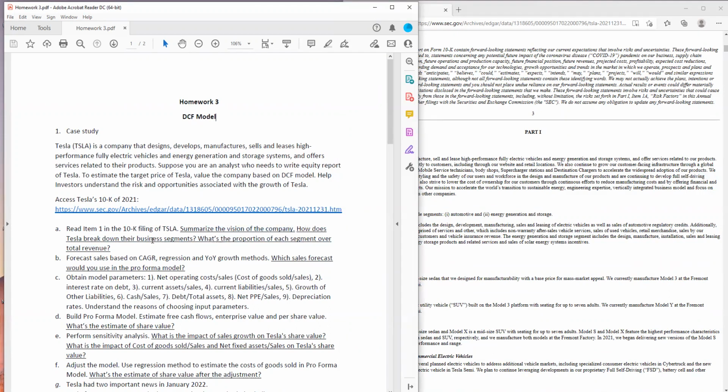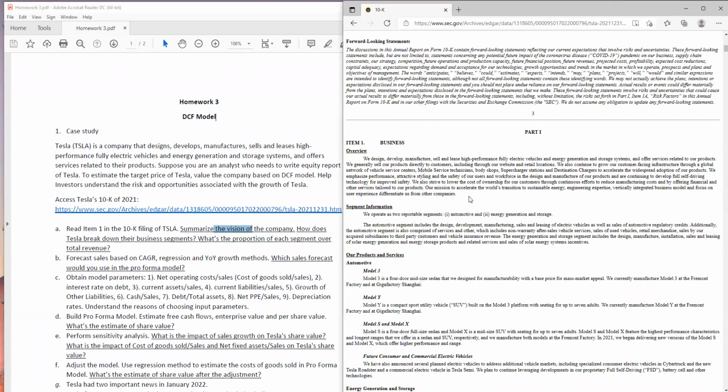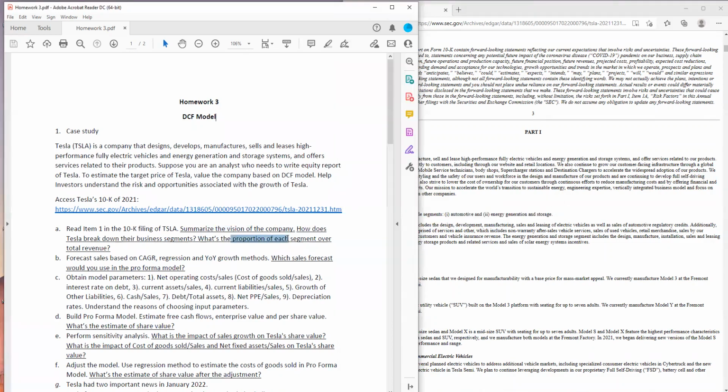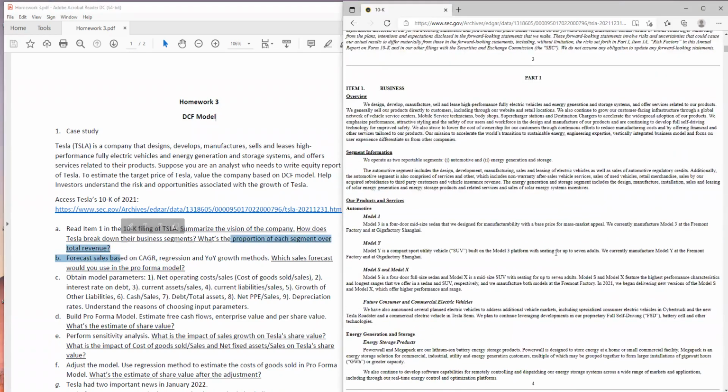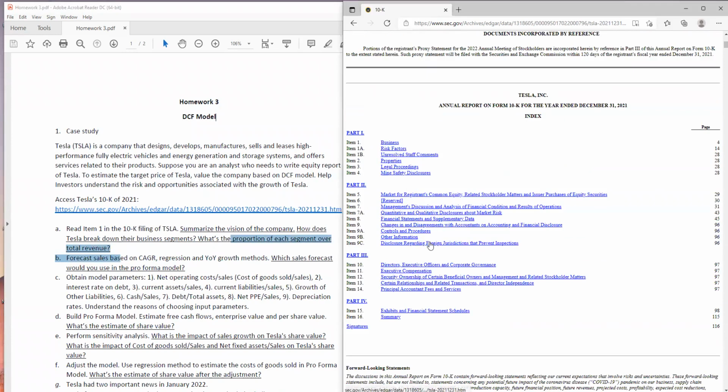How does Tesla break down their business segments? What's the proportion of each segment over total revenue? You can have an idea of the vision here through this paragraph. And related to the segment is here. There are 2 segments. And for the proportion of each segment over total revenue, you can go to their financial statements,